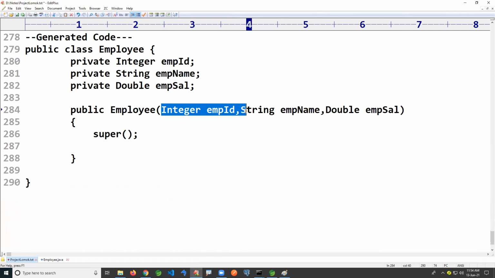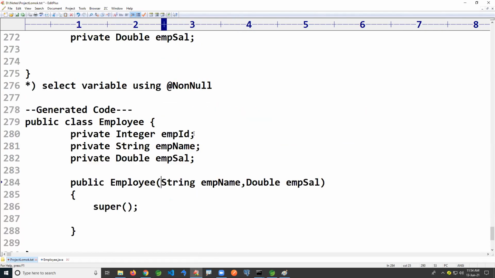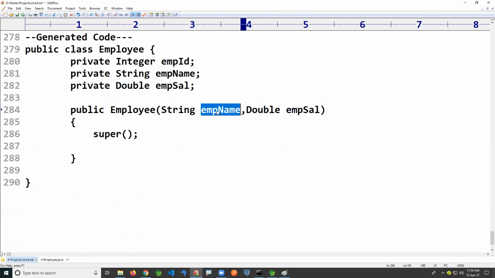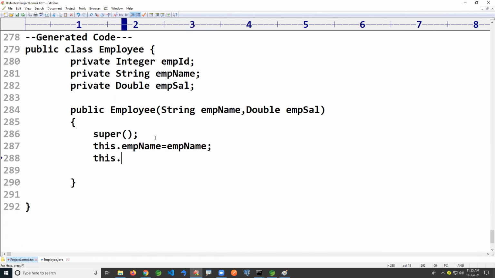It's a typo. Only these two, empName and empSal, are @NonNull. So internally, this.empName equals empName, and this.empSal equals empSal. This is the generated code.